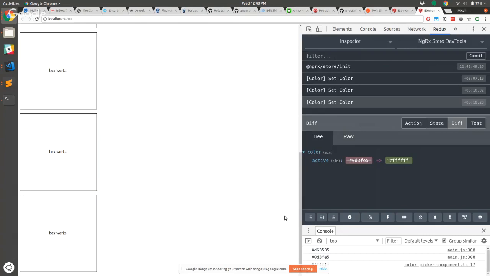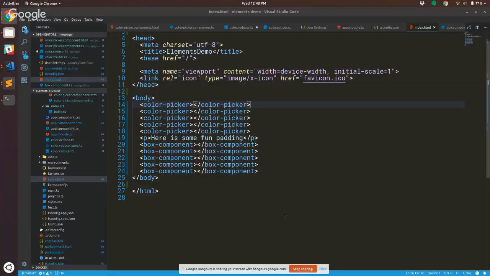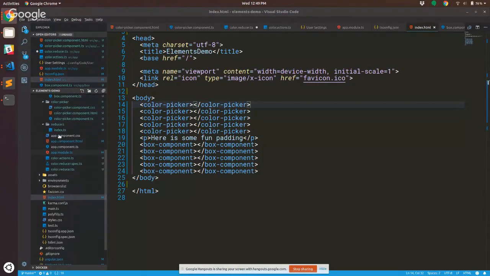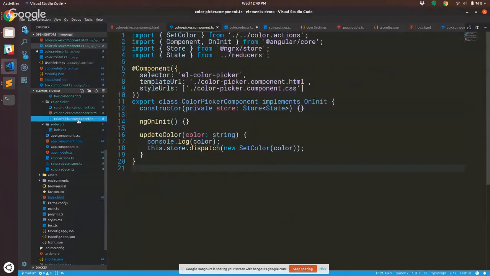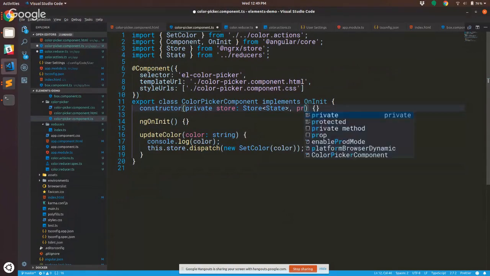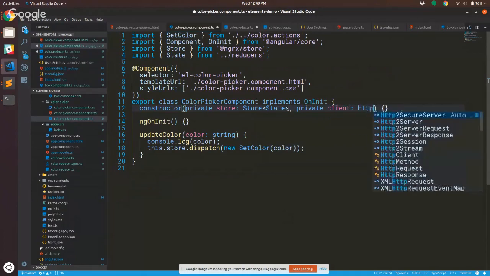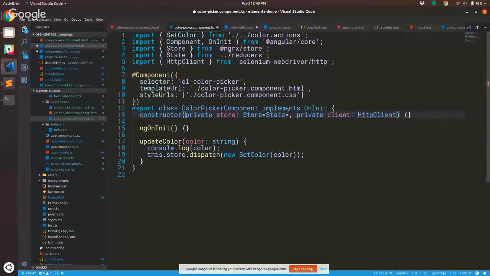The database needs to know about these values too. How do you handle that? True. Because you're still writing Angular, you can use the HTTP client service. There are a few ways you can do it. The quick and easy way would be to pull in HTTP client here, and then we could do this.client.post